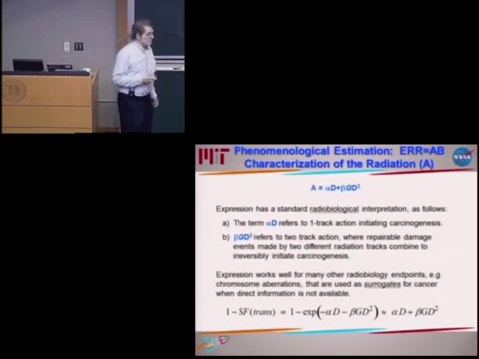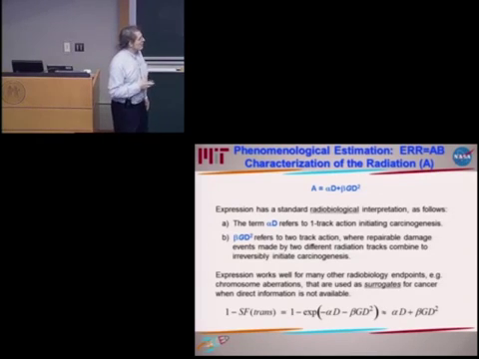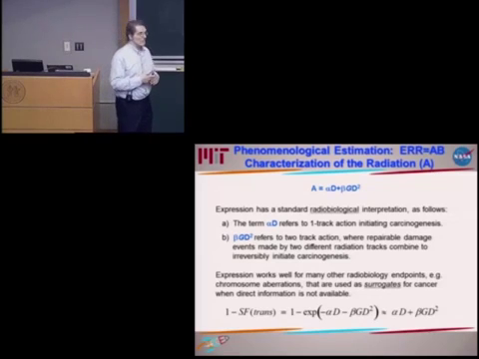So, as for the form of A, which is a radiogenic term, maybe you won't be surprised to see that this alpha D plus beta G D squared surfaces again. The logic being somewhat similar. The term alpha D refers to one-track action initiating carcinogenesis, and the beta G D squared refers to the possibility of two-track interactions affecting the rate of carcinogenesis. Now here, instead of thinking of lethal lesions, one thinks of non-lethal chromosome aberrations. Remember those ones I colored black in the original diagram, not the red ones, but the black ones, the symmetric translocations,